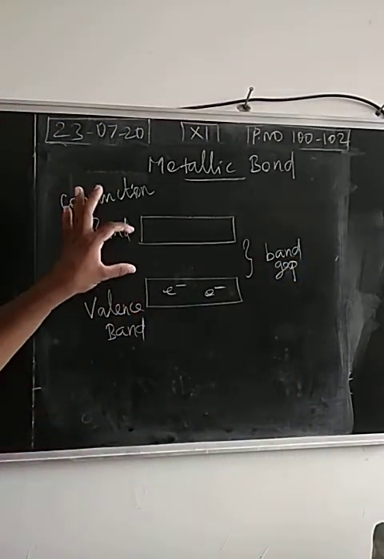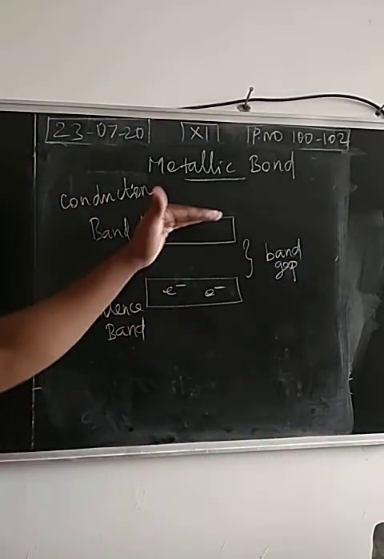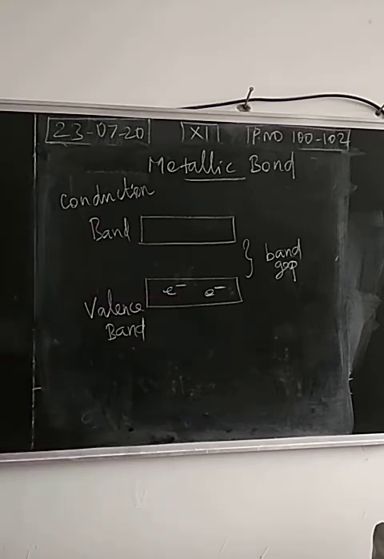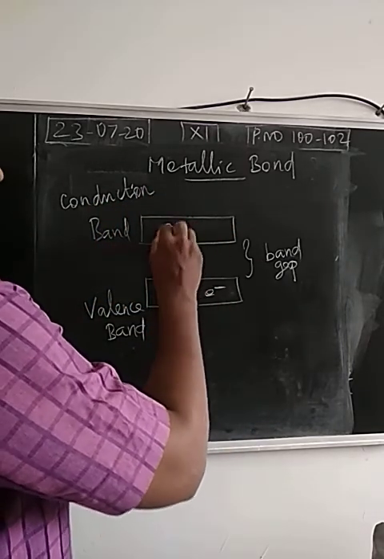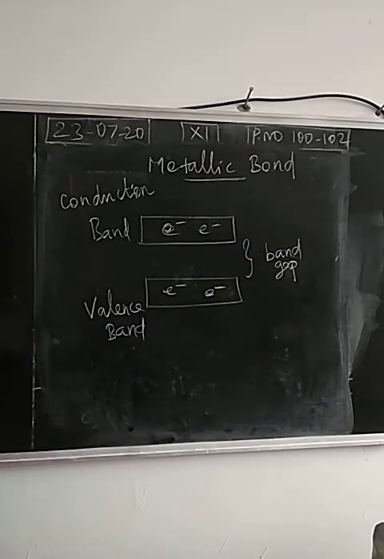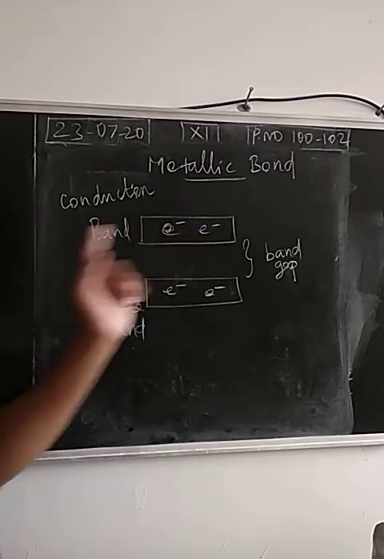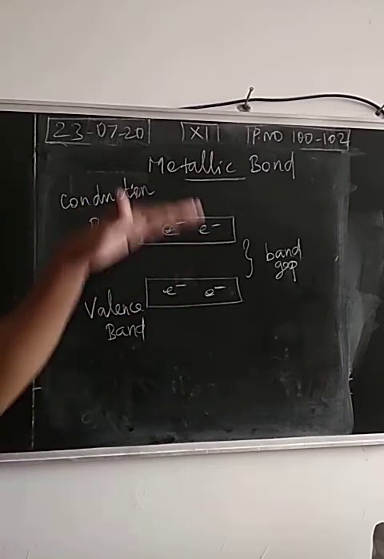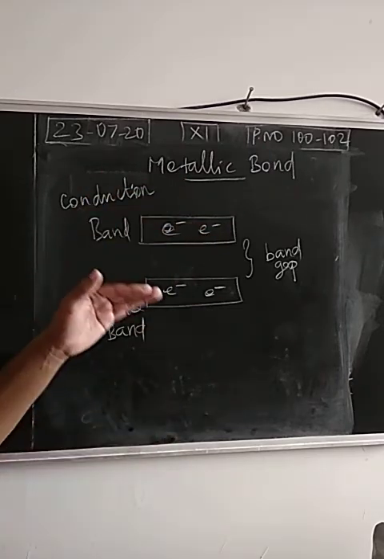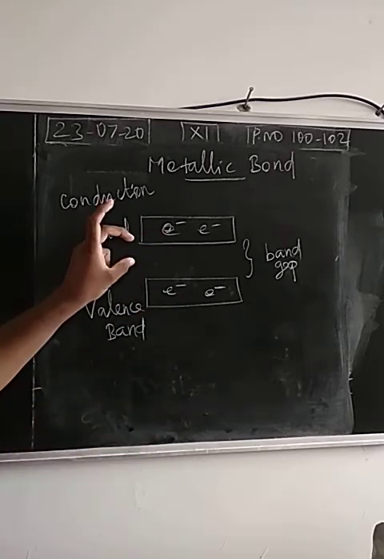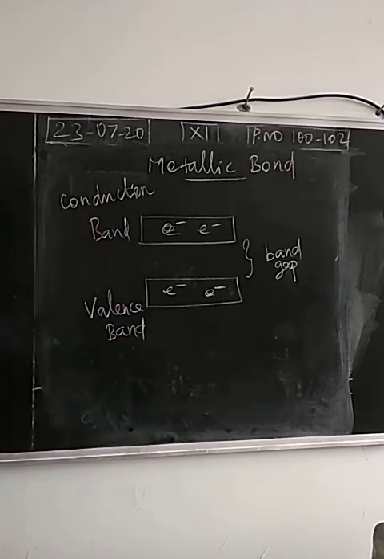If the band gap is very low, electrons can easily jump into the conduction band. Valence electrons in the valence band will jump into the conduction band. The electrons in the conduction band are responsible for electrical and thermal conduction. Why metal conducts heat and electricity means the electrons will be in the conduction band. So there should be a jumping. For jumping of an electron from the valence into the conduction band, the band gap should be smaller. Then only it will be a very good conductor.